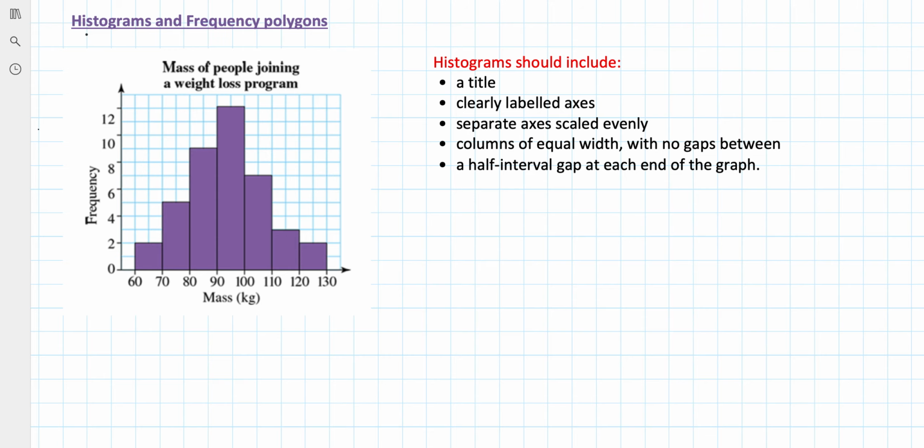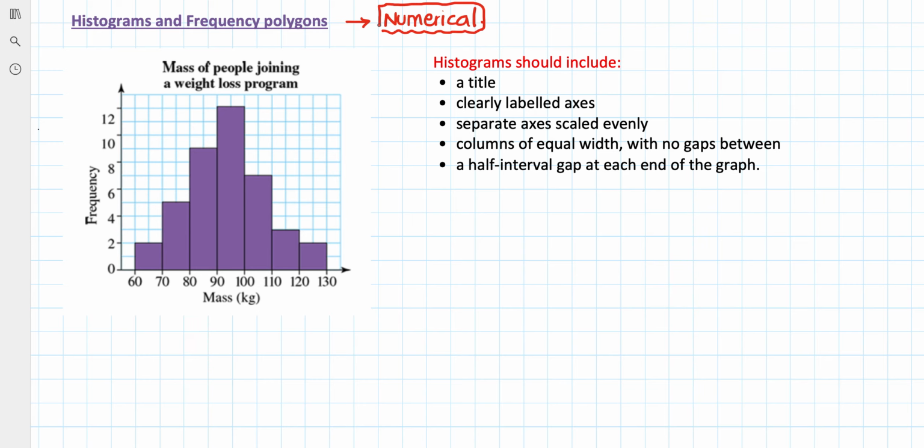Also histograms and frequency polygons. So we have to remember that these two are used for numerical data. So don't forget this. It's only for numerical data. We don't use it for categorical data, okay? This is very important